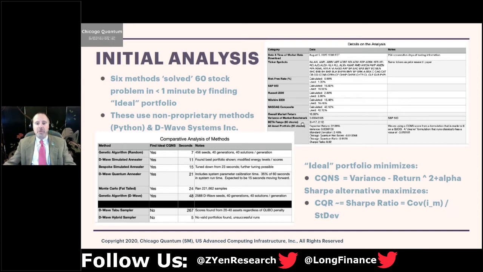Monte Carlo took 24 to run 221,000. And the genetic algorithm fed by DWave, in this case, we think we had a memory leak. It was 48 seconds. We went back and reran it. It was 6 seconds. So what we've shown is we can run classically in 5 to 10 seconds versus DWave, which if you ran it one time, is less than a second. If you run it a whole bunch of times, it's maybe 15 seconds. And then we had some other samplers that did not work well, so we won't talk about them. Next slide, please.